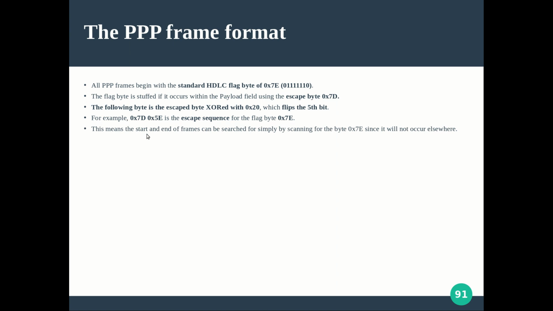This means that the start and the end of the frame can be searched for simply by scanning for the byte 0x7E, since it will not occur elsewhere. The 0x7E is something you want to communicate. This is the special flag pattern you have, and that pattern,